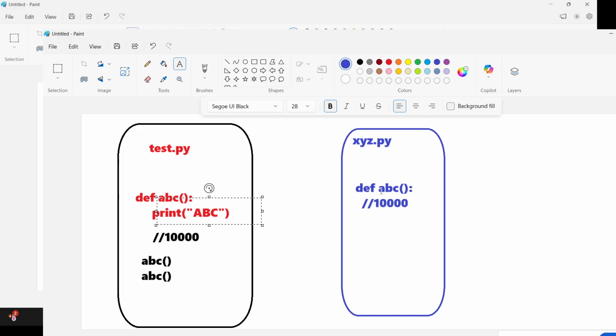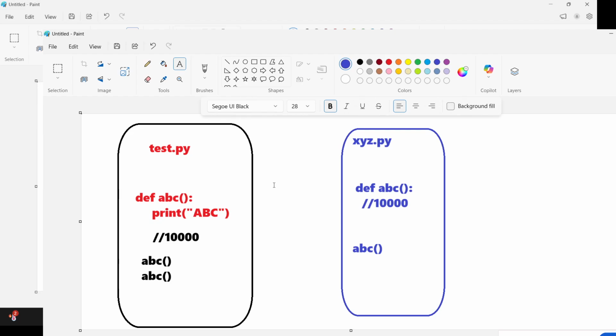Not even the xyz function can be called in test.py. The scope of the function will be within that file only. Though the function will be the same and the code will be the same, that function is accessible within that file.